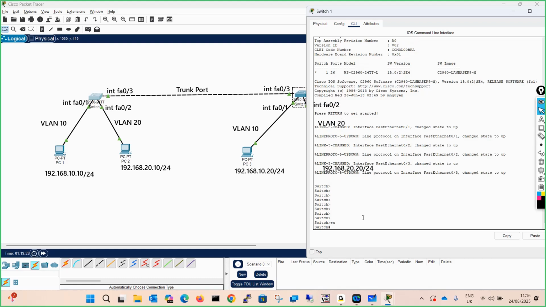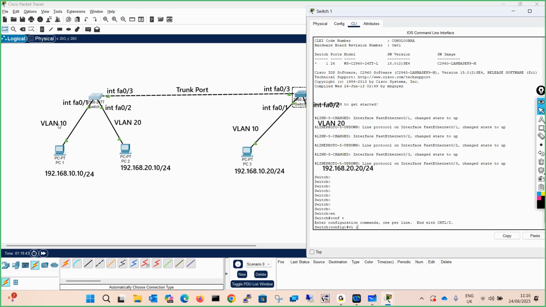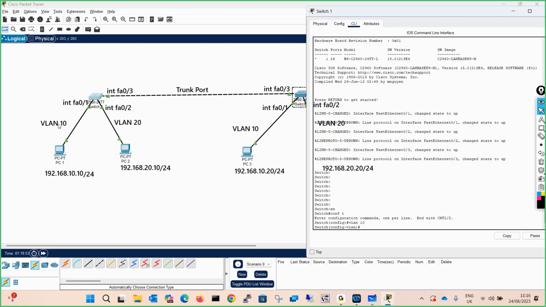The command is enable. Now the very first thing we have to do is create VLAN 10. How to create VLAN 10? Go to configuration mode and say vlan 10. Even if you type just vl, it will work. Okay, enter. You know what has happened in the backend?